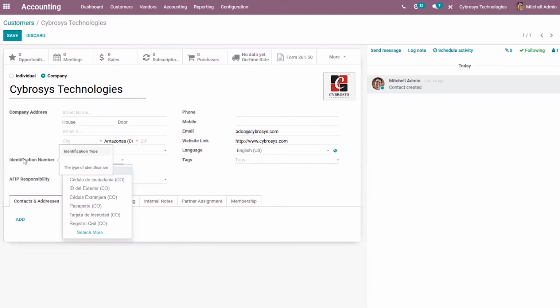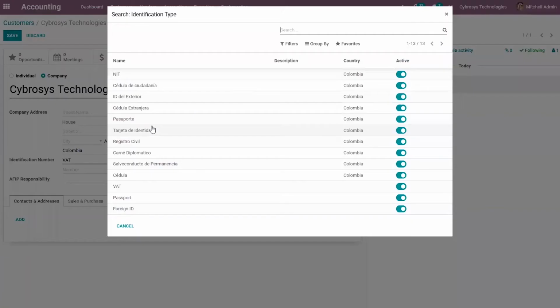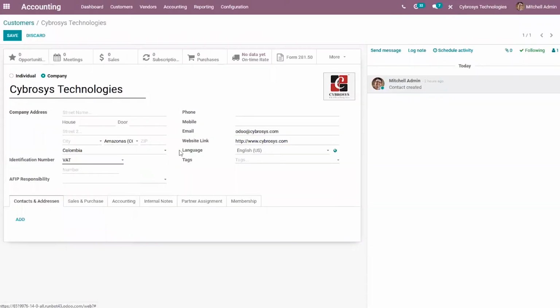Colombian localization introduces fields to add the document identification number. All partners have the field to add this type and number. Here you can find VAT, and you can see different identification numbers. When we search more, you can find different identification numbers available for Colombia. And here we can add that number.